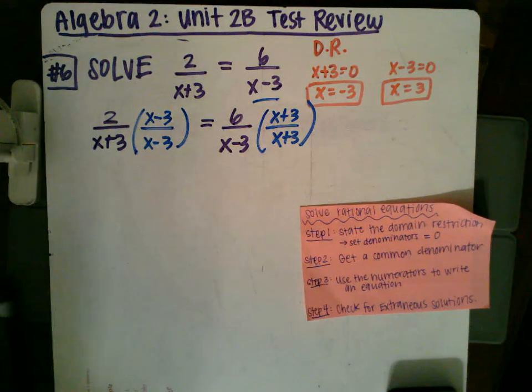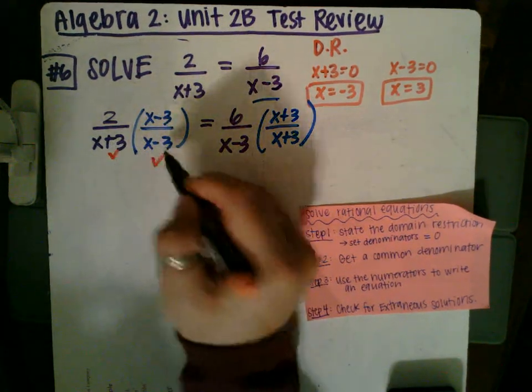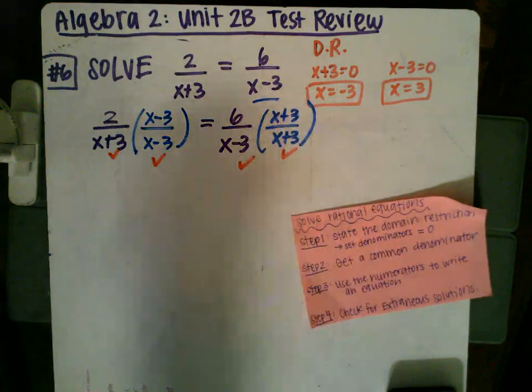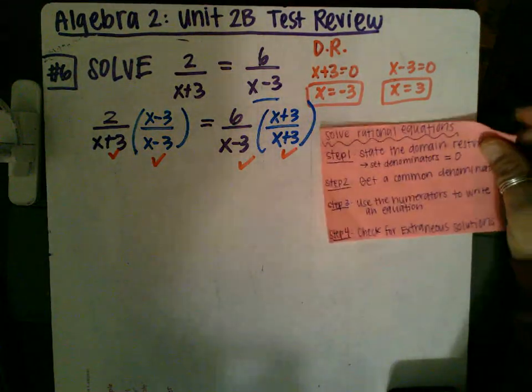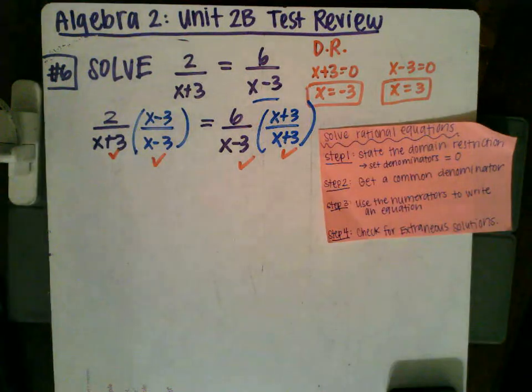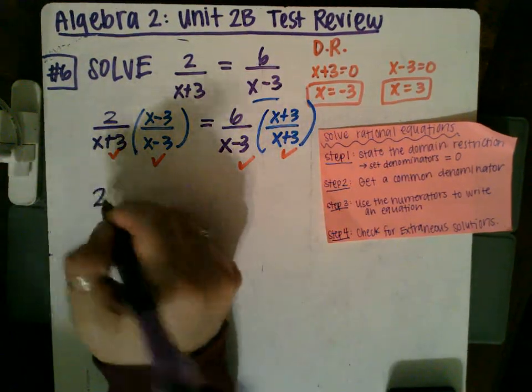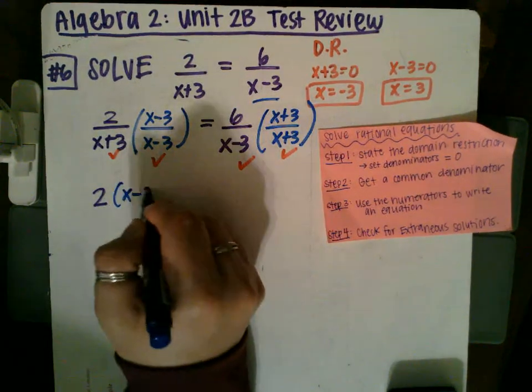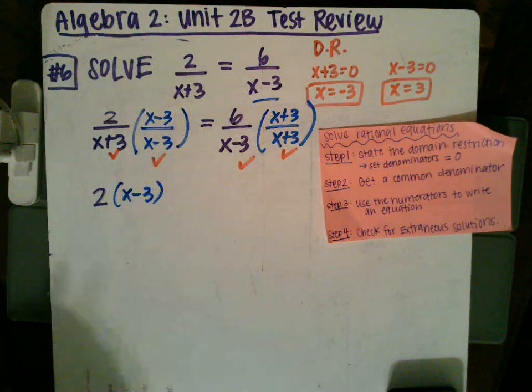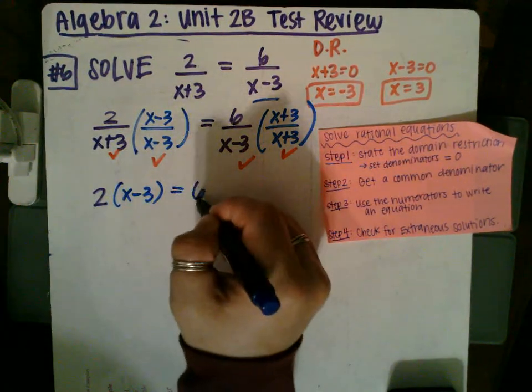Okay, do we have a common denominator? X plus 3, x minus 3, x plus 3, x minus 3. Check, check, check, check. Perfect. Step 2 is accomplished. Get a common denominator. Step 3, use the numerators to write an equation. So I usually just write just the numerators, exactly as the numerators look. So 2 times x minus 3 is equal to 6